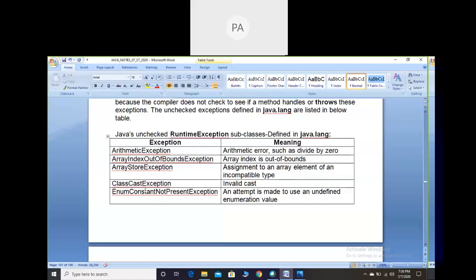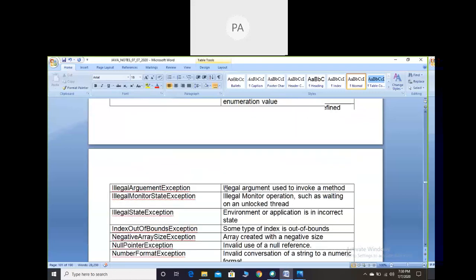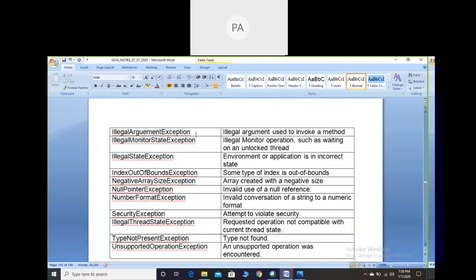EnumConstantNotPresentException. So here enum is a data type, like a structure. Enumeration is one of the data structures, a derived data type, or sometimes we can call it a user defined data type, when we use the keyword typedef. Like a structure, it is there. So some similarities exist between enum and structure, and some differences are also there. An attempt is made to use an undefined enumeration value. Next, IllegalArgumentException. So illegal argument used